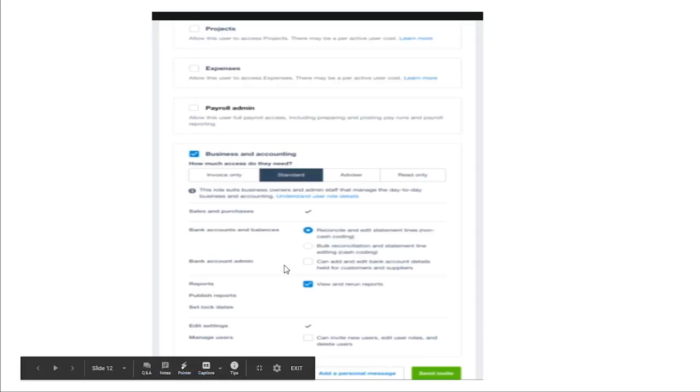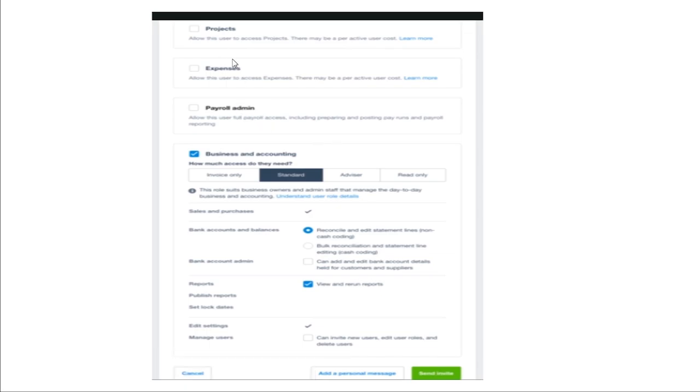It's all up to you, and it's all up to the need of the client. Like if you need to access the management report, it's better for you to ask for an advisor role, okay?